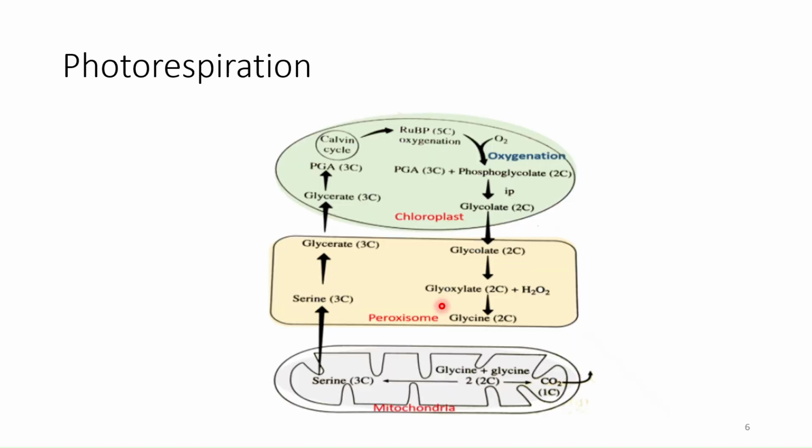C3 photosynthesis. Again, photorespiration is also a process that occurs, which I had explained in the previous lecture, where instead of carbon dioxide, RuBP reacts with oxygen to form phosphoglycolate and PGA, and the phosphoglycolate gets converted into PGA later on through this cycle, where part of it happens in the chloroplast. In the peroxisome, glycolate gets converted into glycine, and then in the mitochondria, glycine gets converted to serine, during the course of which a carbon dioxide molecule is utilized and removed from this Calvin cycle. So this is considered a wasteful cycle, considering the removal of carbon dioxide from the Calvin cycle and also the stable compound that is formed later on is not enough for RuBP regeneration, neither is it enough for